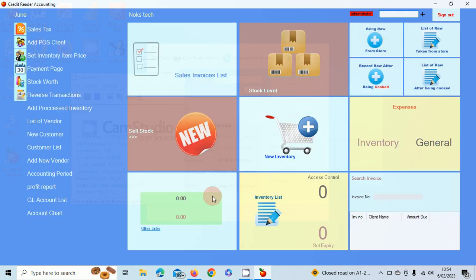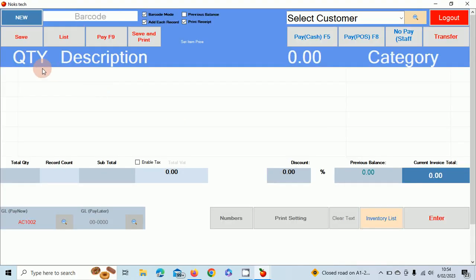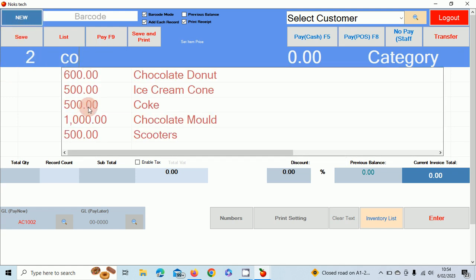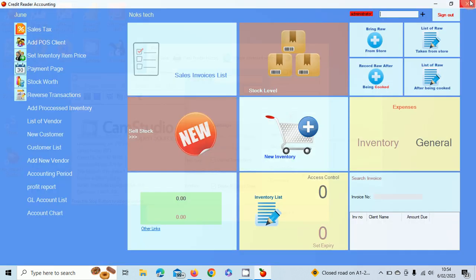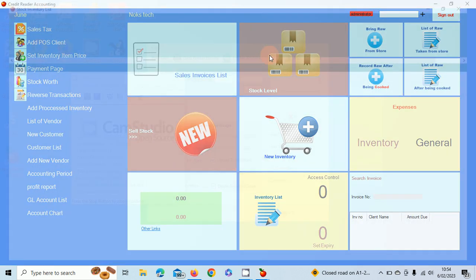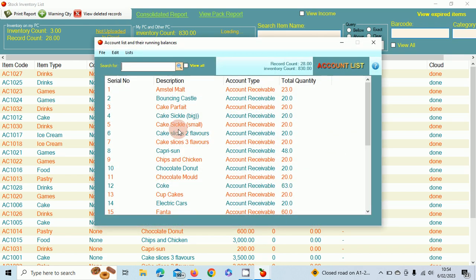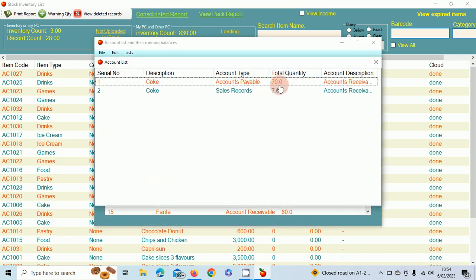If I'm adding one more sales to this, let's say I'm adding 2 Coke to this, then I click pay cash. If I go back to the consolidated report and I choose Coke, if I double click on Coke it is now 63,